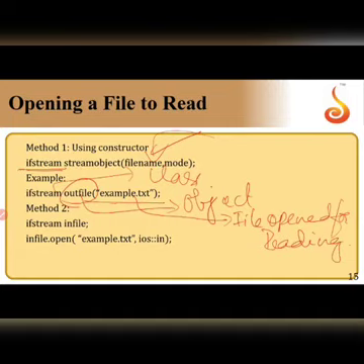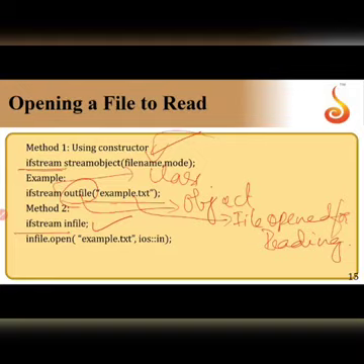Method 2 is using the open function. How do I do that? The first step is to create the object of the class. What is the syntax of creating it? The class name, space, the object name. So the class name is ifstream, space, the object name. For example, the object is infile, then the infile object dot the open function, that is infile.open,